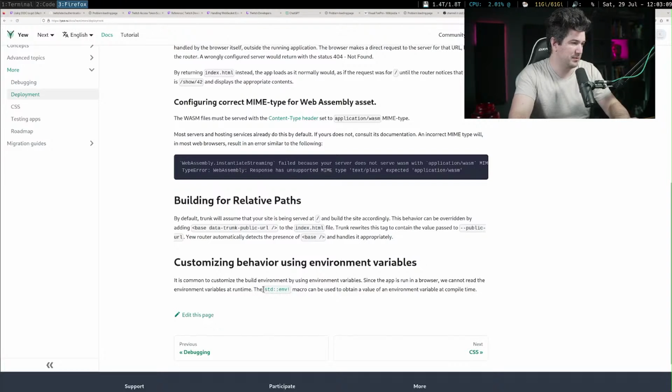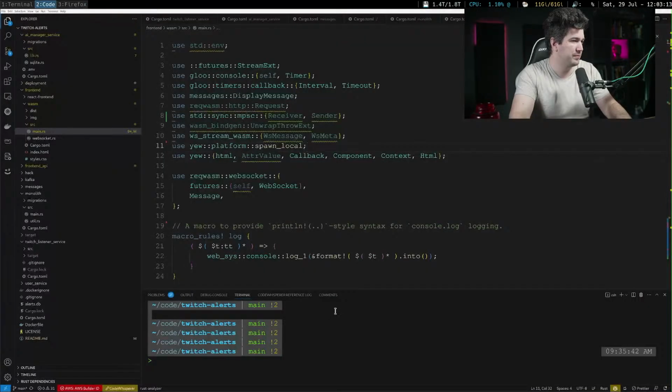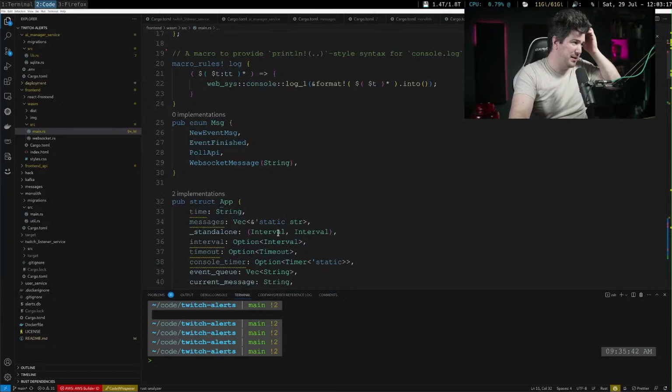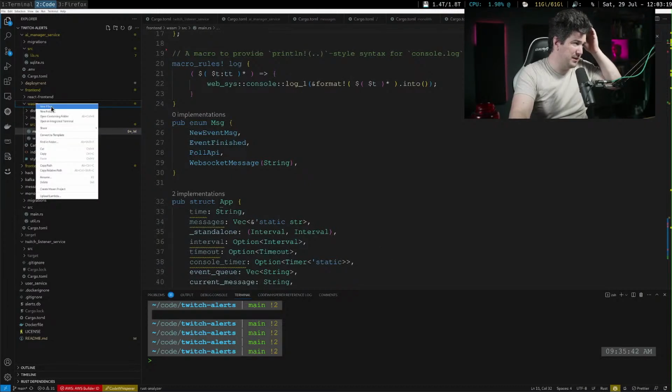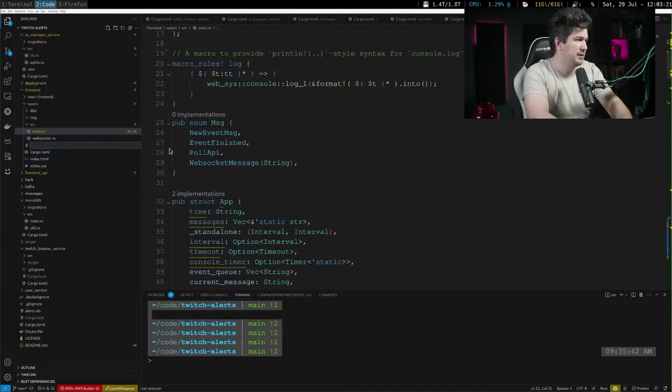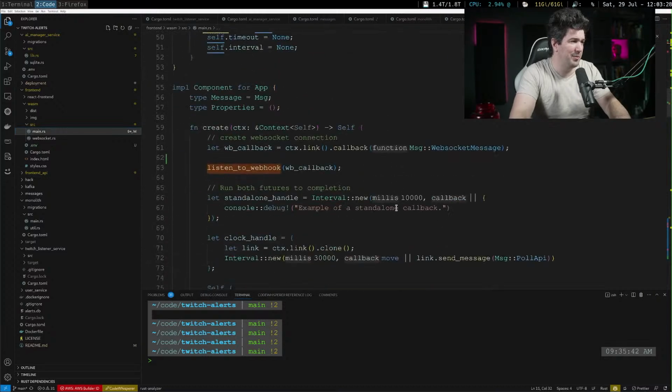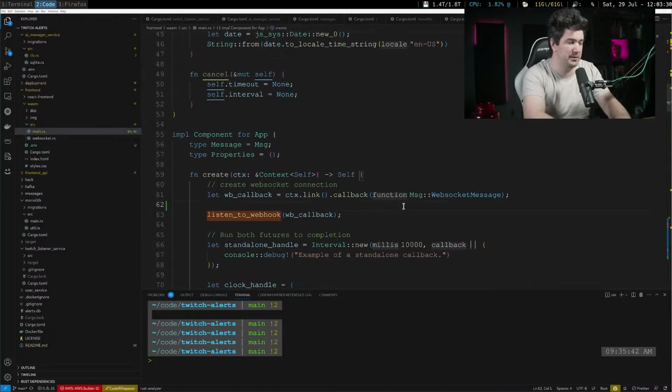That's all we need. So we should be able to, and then we'll give this a .env, new file, .env with our local debugging stuff here. And we're going to get our